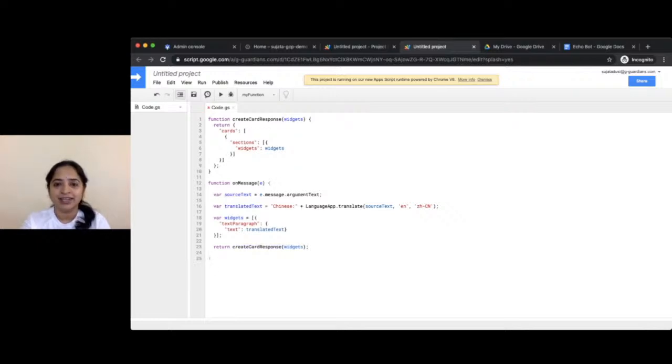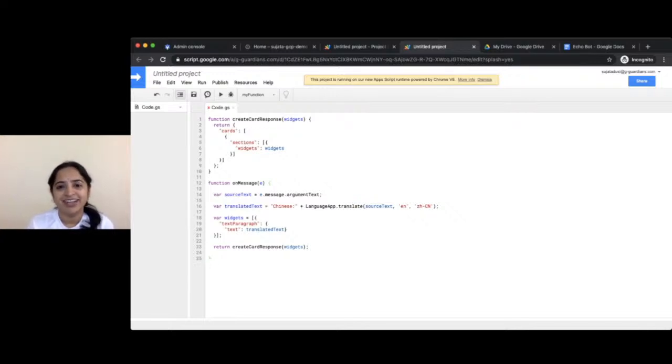So that's exactly what this bot is, and this is a very simple one, but you can create very complicated